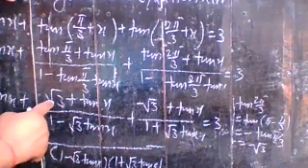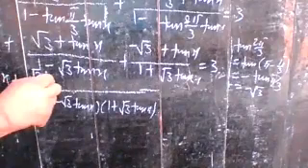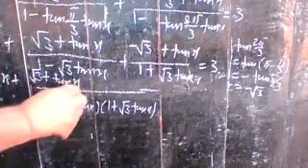Actually, here you have root 3 plus tan x, and here you have 1 plus root 3 tan x. Yes, multiplying these two factors. So if you multiply it by 1, you have root 3 plus tan x, and